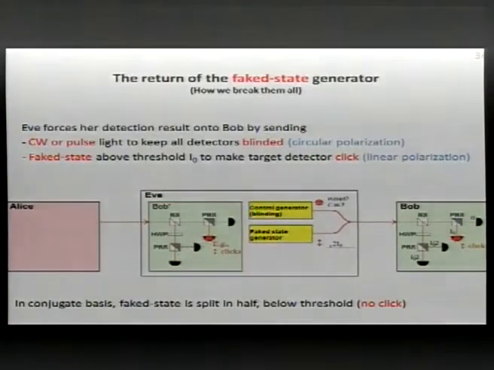Okay, so we're back to the fake state generator, and basically what should be remembered from this presentation is that what you need to control crypto systems equipped with avalanche photodiodes is a control generator to blind the detector. And as you can see, depending on the detector, sometimes you will blind it by using CW illumination, sometimes by using pulsed illumination. The idea is to bring the bias voltage of the APD